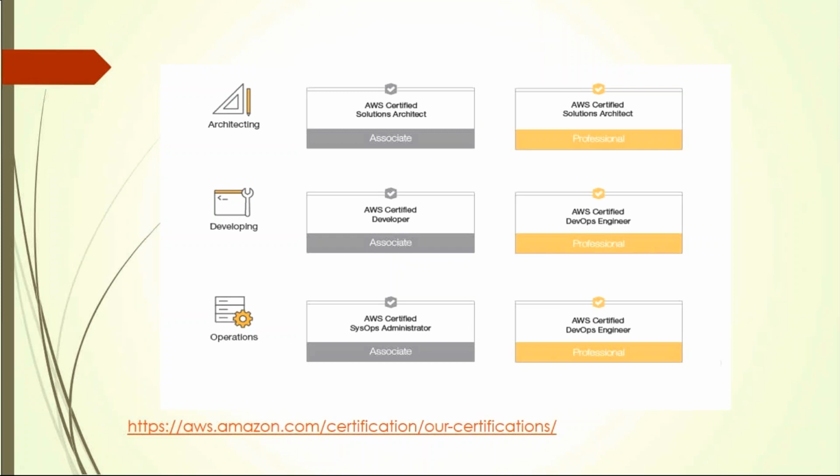Okay. It's like PMI, PMP. I know that. Yeah, you can say that. And I think there is a mandate also, like once you clear the associate level, then only you can go for the professional level. Is it really? Yes. So we can't directly jump. If you see here, it is the mapping. If you are solution architect associate, then you can give solution architect professional. If you see developer and sysops, then you can give DevOps exams. You cannot jump directly into these exams.